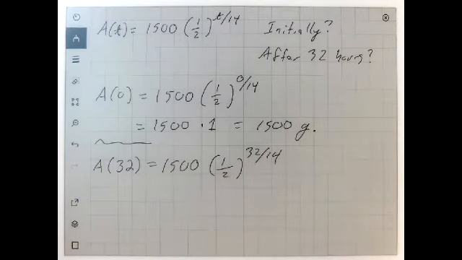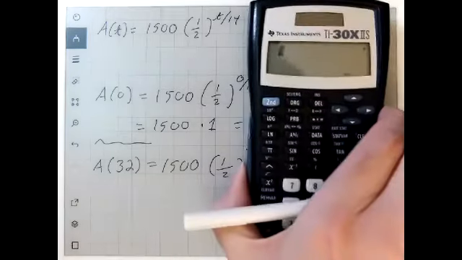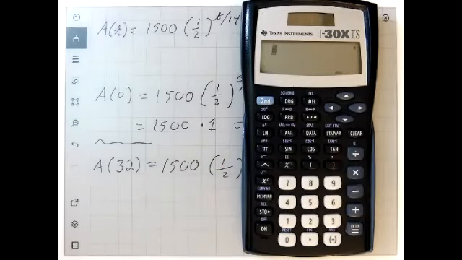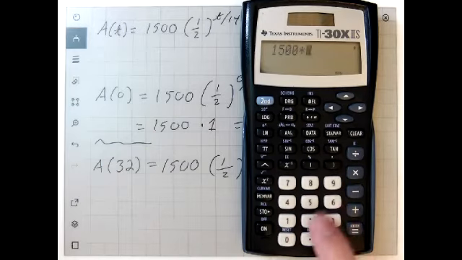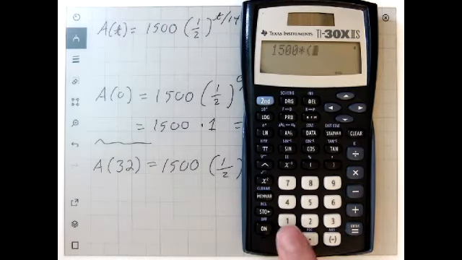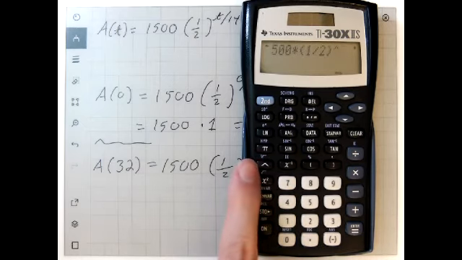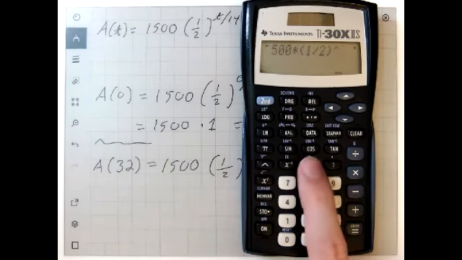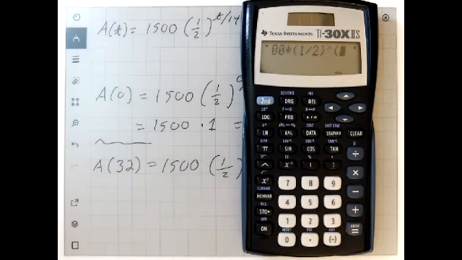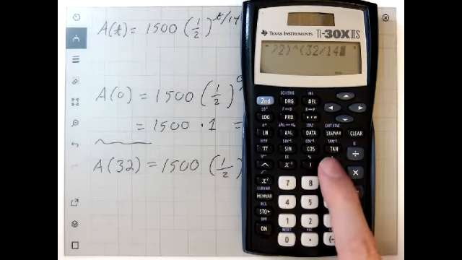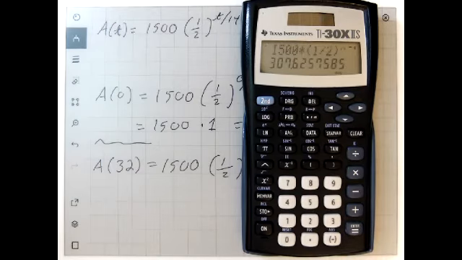And for this one, we can simply grab a calculator and go from here. So here's my calculator. And if I want to punch this in, I have 1,500 times, opening parenthesis, 1/2, which I'll punch in as 1 divided by 2. Raised to the power is generally a caret-looking symbol here. And then there's stuff going on in the exponents, so I'll use parentheses to talk about that. It's 32 divided by 14. Close the parentheses up there, hit enter, and my calculator is happy to tell me that there are